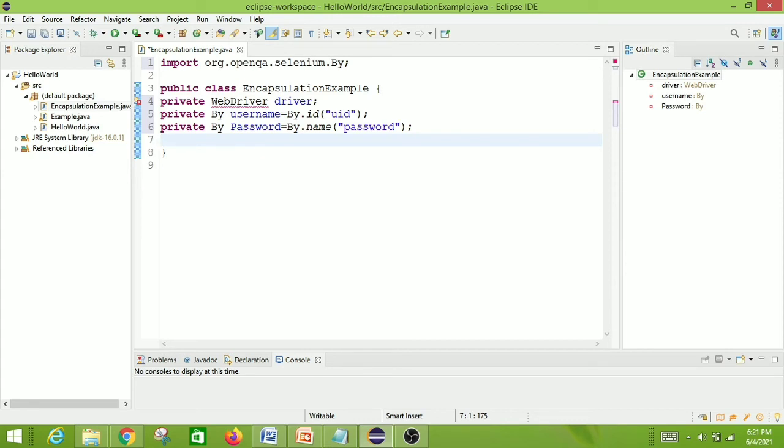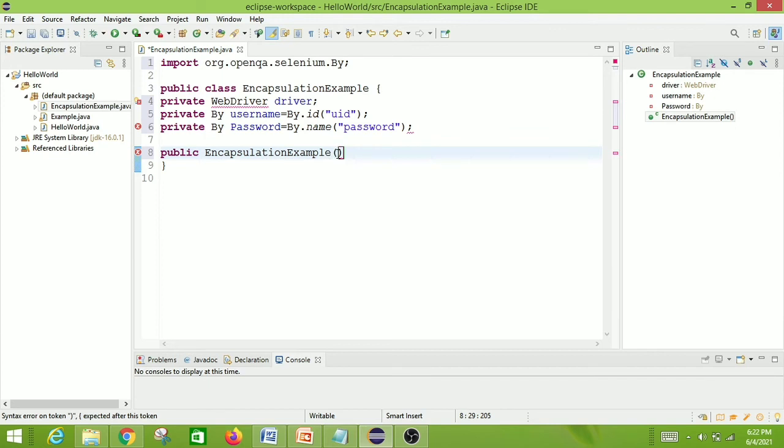What we have to do next, I'll create one constructor for the WebDriver. I'll create public, I'll copy this one for saving time, and we have to pass WebDriver, right?